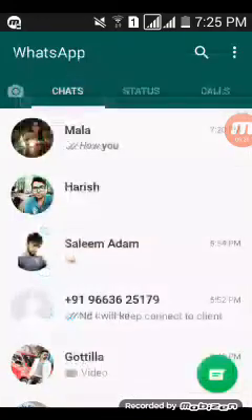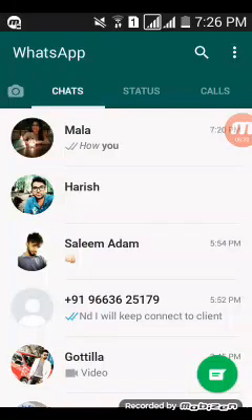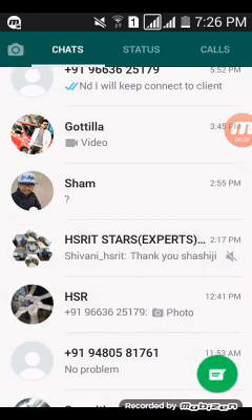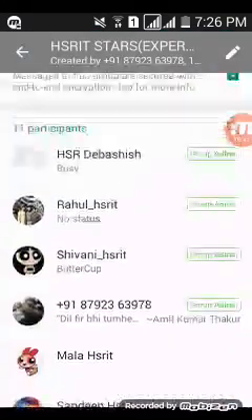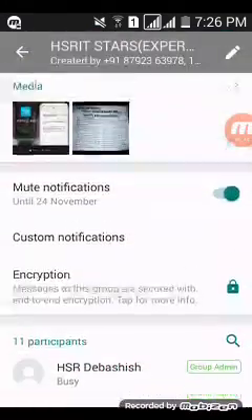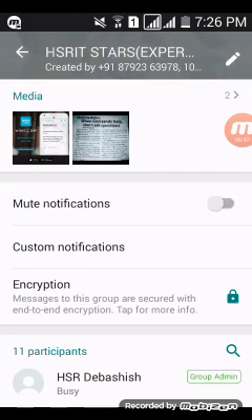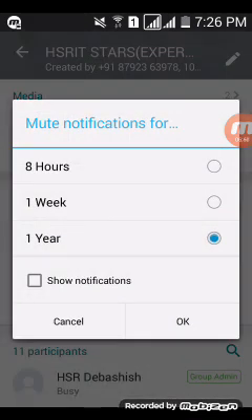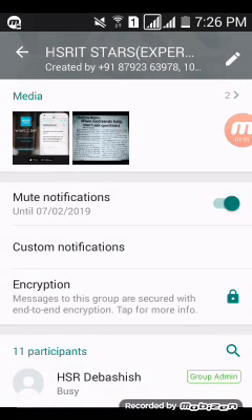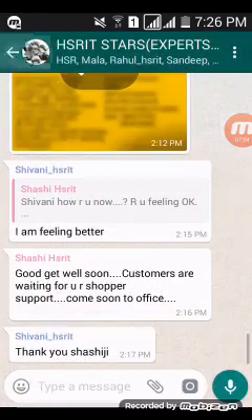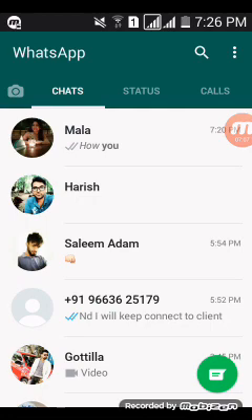Next, when you have so many groups where you don't want to see the messages coming from the groups, or you don't want to show the pop-up or notification, how do you change that? You can go here. This is how I have already muted the notification. To mute, you click on this option, and you will get mute notification for 8 hours, 1 week, or 1 year. You can click on OK. Uncheck the show notification. OK. So this is how you can mute notifications for the groups. That can sometimes be irritating, so you can use that option.